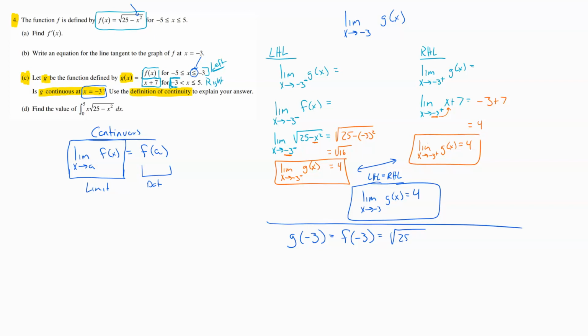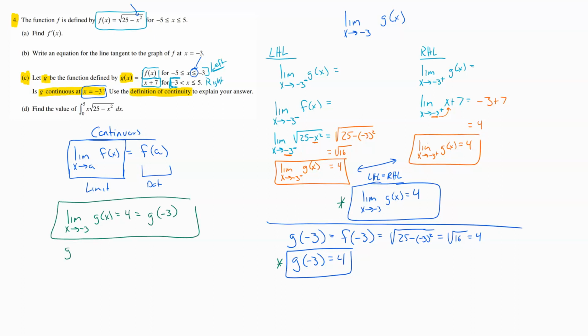So this would again be the square root of 25 minus -3 squared. 25 minus 9 gets us 16. This would be the square root of 16, so that is equal to 4. So what we have out of here is g of -3 is equal to 4. Then our final conclusion is just going to compare these two results. And what we can see is the limit as x approaches -3 of g of x is equal to 4, which is equal to g of -3. Those two values are the same, so g of x is continuous